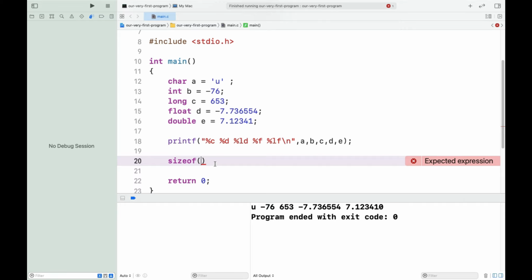So let's see the sizeof function. The sizeof function will always return an integer value, though you may give this function any type of data inside the parenthesis. The output will be an integer, giving us the number of bytes that variable is storing, and that makes sense.